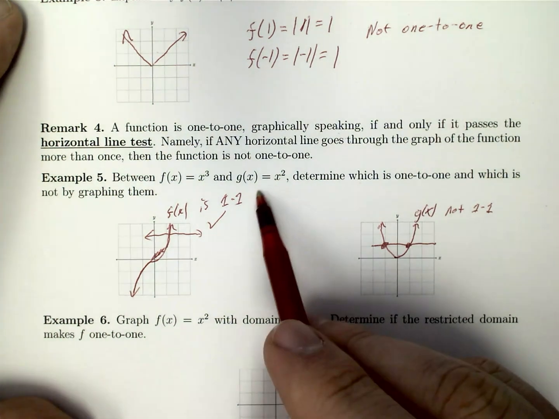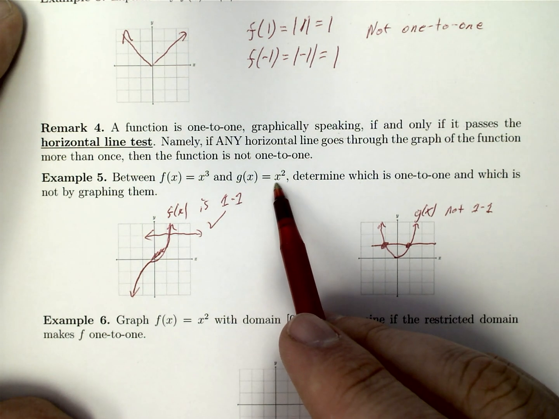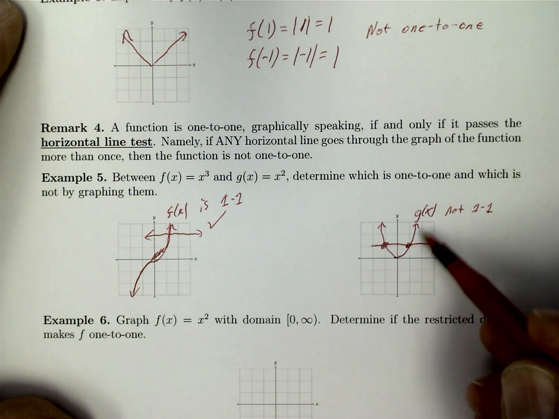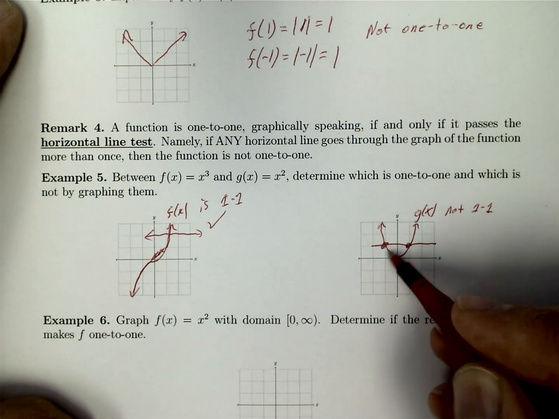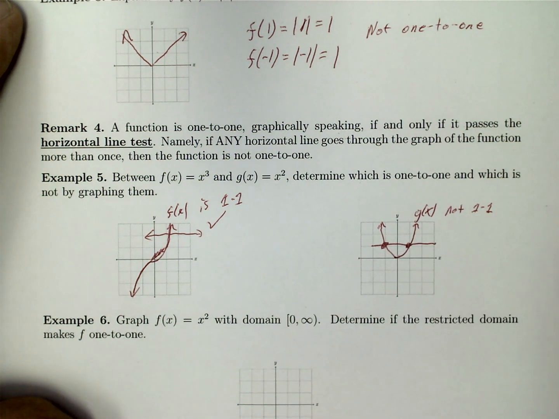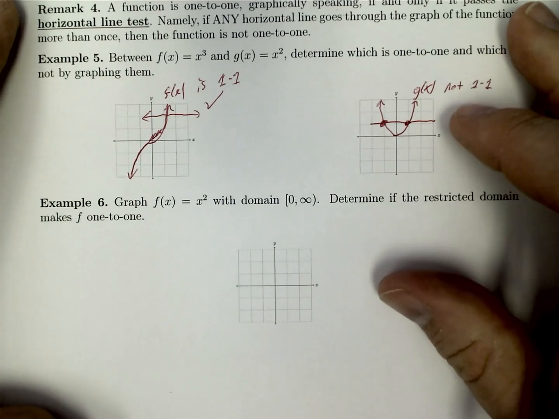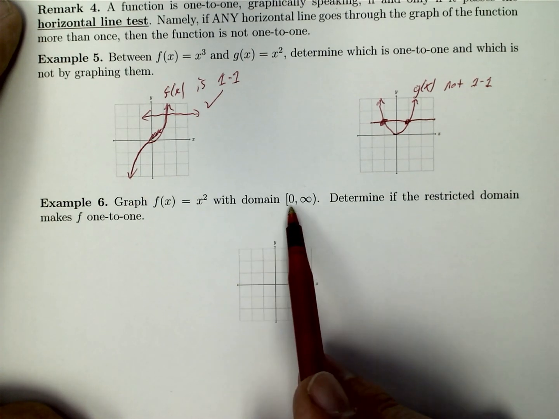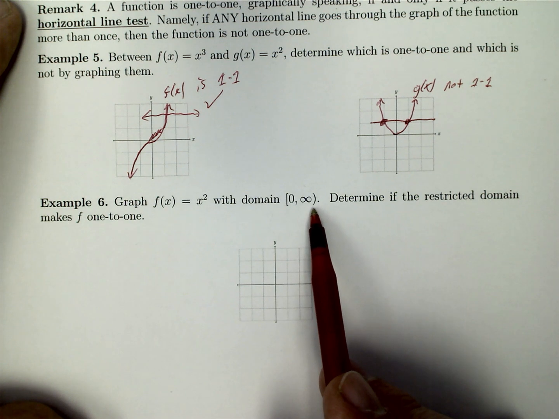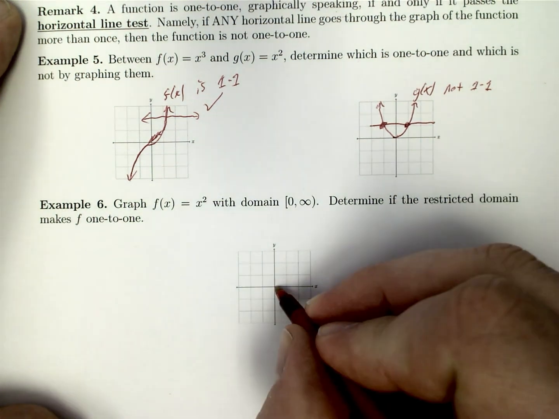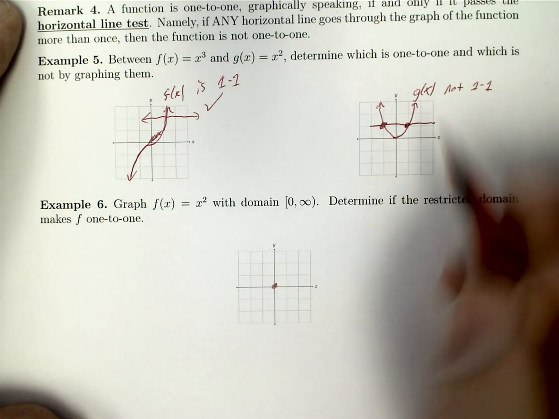However, g of x being x squared, okay, we have this. If we didn't have this whole side of the equation, or this side of the graph, what would happen? Well, we can do exactly that. We can restrict the domain from 0 to infinity, and once we do this, we're just going to look at this half,